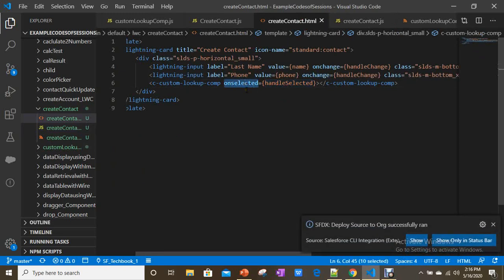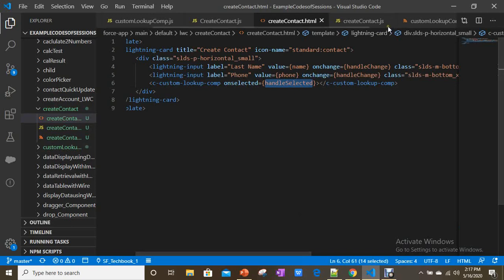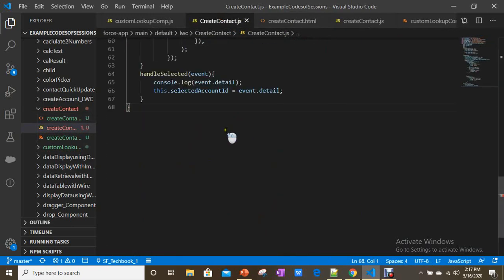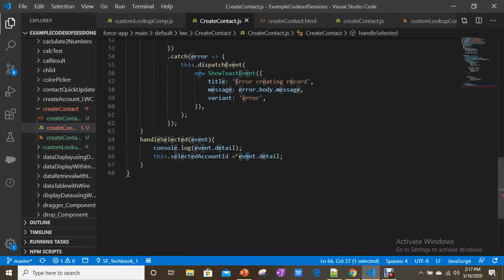To handle this selected event, you have to append the word on to your event name. Then it can recognize it and invoke the method you specified. In this method, you can get the value. See here, event.detail. So what is there in the detail property? In the custom event, we are assigning an account ID. So I am assigning that account ID to selected account ID.